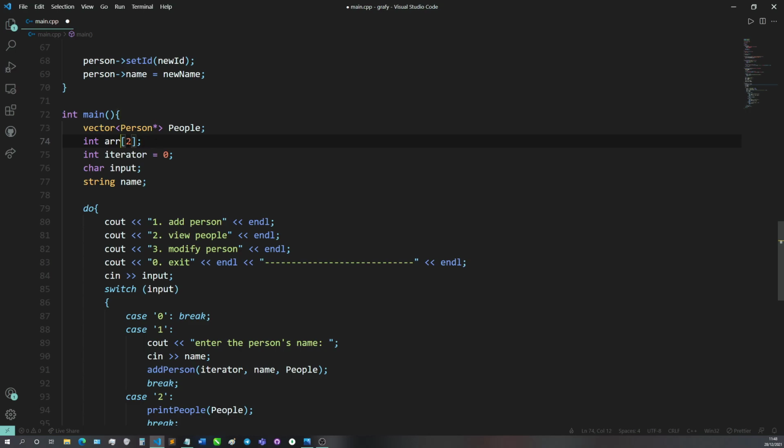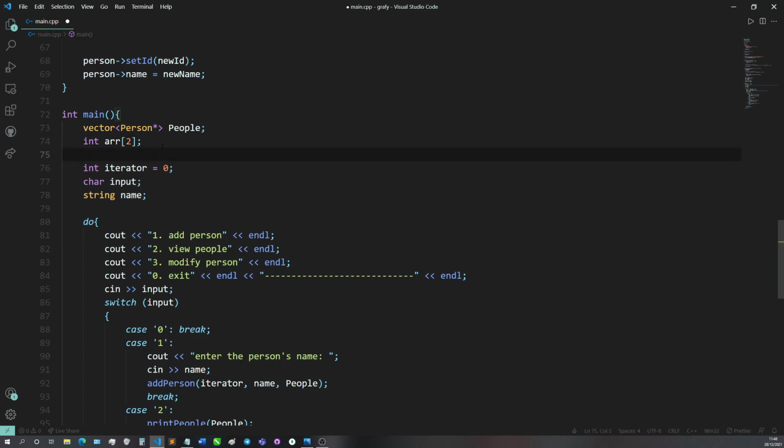So here we have 2 cells in that array, and it is fixed. We cannot add anything more to this array. 2 is the maximal limit. Of course, some people just type in int 1000 and pray that nothing else will be needed to be saved there. But this is a horrible memory waste, and it's much better to have a dynamic vector right here